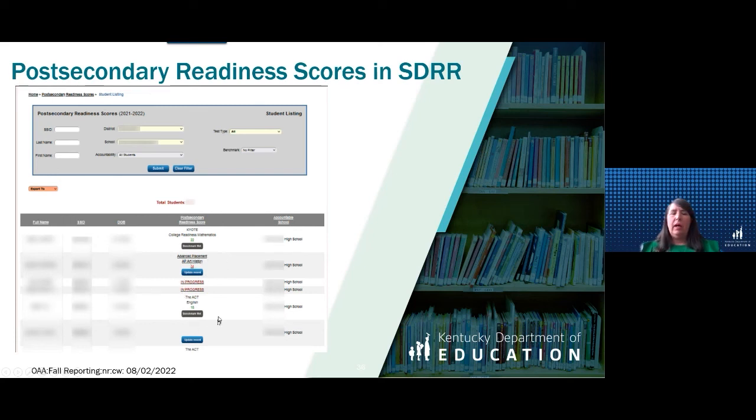Like I said, if the student met it, it'll tell you what it met. If the student had not met the benchmarks, it'll say not met. And if you know that a student met the benchmarks, but it says the student did not meet the benchmarks, you have to have the official score report to be able to upload that, to get that changed in SDRR.